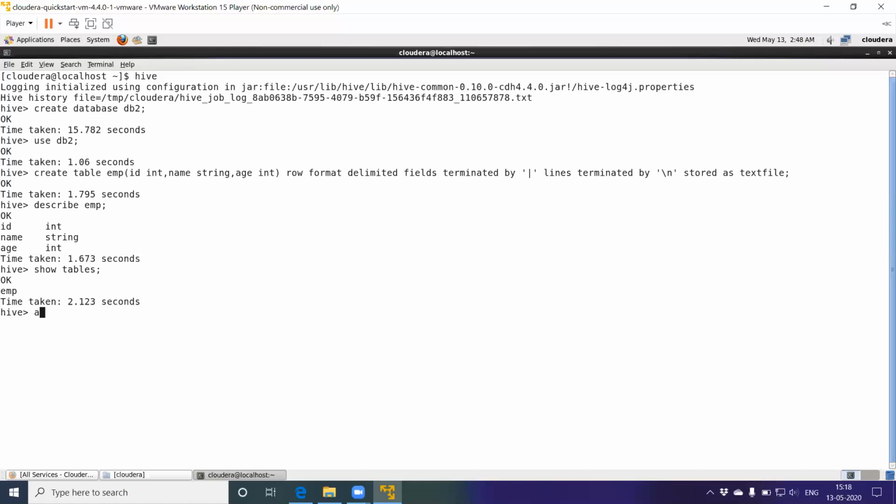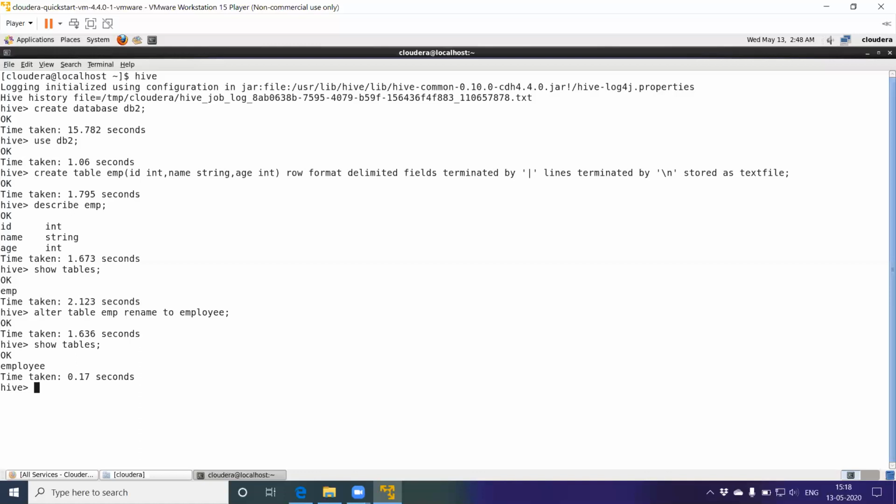Alter table emp rename to employee, semicolon. Now just use the show tables command, where you can see that emp is renamed to employee.